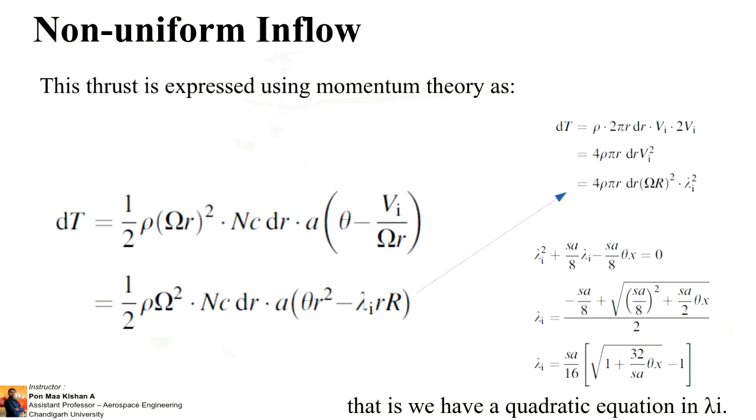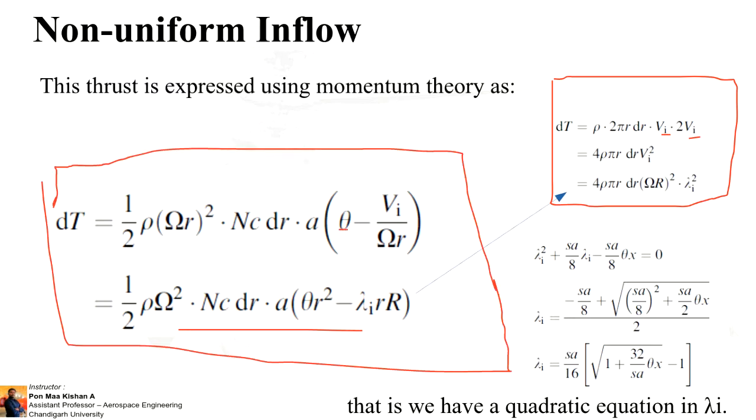Since I have only the last 5 minutes, I have explained here whatever we have done so far. The thrust is given with respect to mass flow rate, which is basic from momentum theory. This one is from blade element theory, where we have calculated with angles. This one is momentum theory, where we have calculated with velocity and pressure factors. So this is based on the momentum theory, and this is based on the blade element theory.